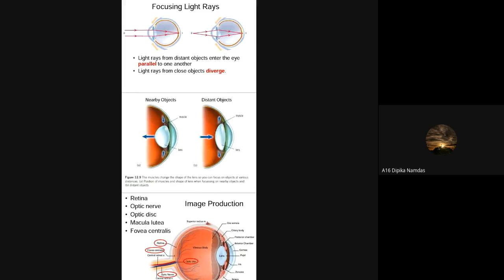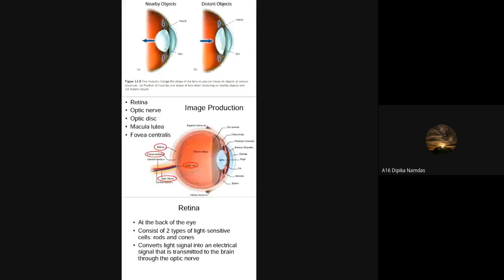Okay, have you observed this? There is a change in our lens by seeing the object, whether the object is far away or near. Depending on that, our lens is automatically adjusted and transmits the data to our human eye.